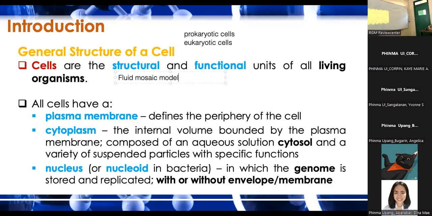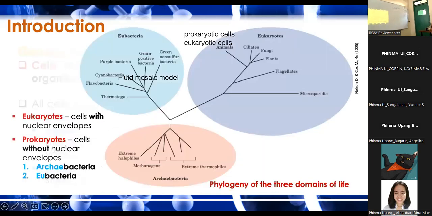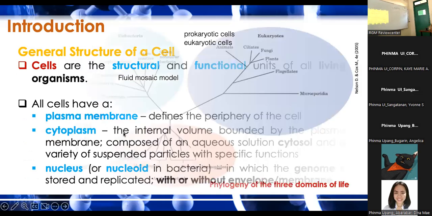Now, it is mosaic because it is composed of different substances. It has lipids and proteins in varied positions in the plasma membrane, similar to a mosaic. So that's one key component of a cell. The other key component of the cell is the cytosol. All cells have cytosol. When we say cytosol or cytoplasm,